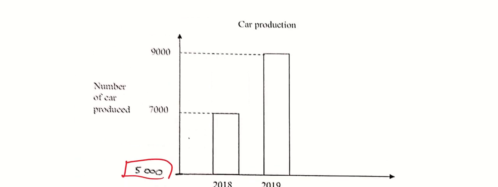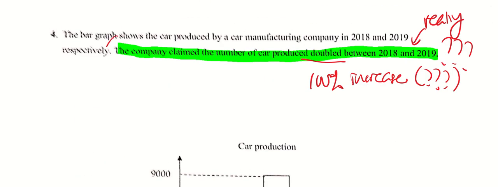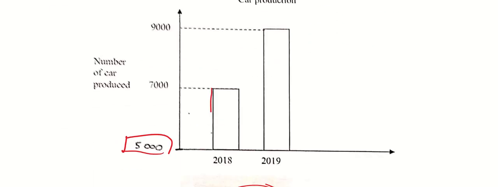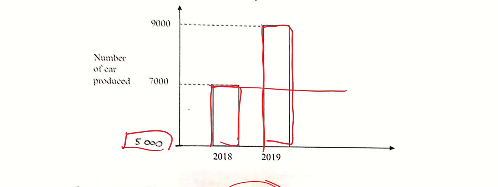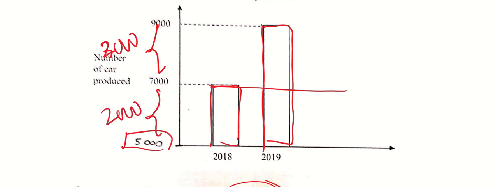Do bear in mind the claim, the big claim, the questionable claim. Now let's look at the graph. Yeah, it really looks like in 2019 the bar doubled, right? So hence the claim. But is that really true? No. Yeah, most of you managed to spot the problem. This is 2000 and this is 2000 difference, but the bars look different. It is not the actual number. So it's only merely a 2000 increase, but not twice of 7,000.